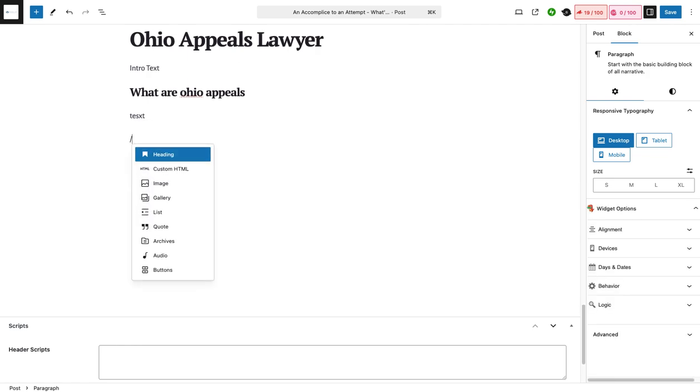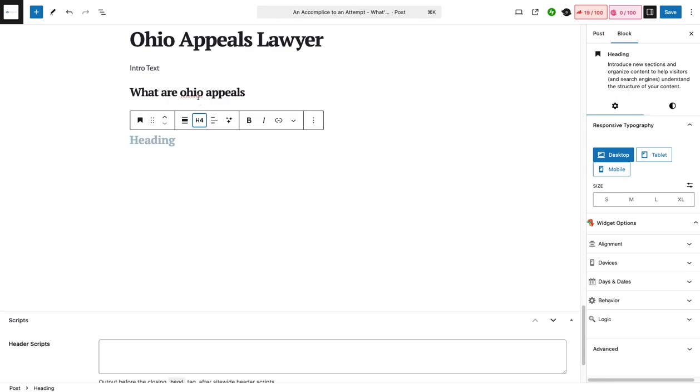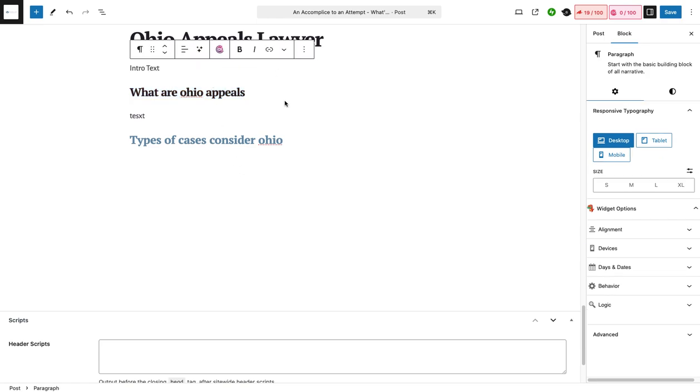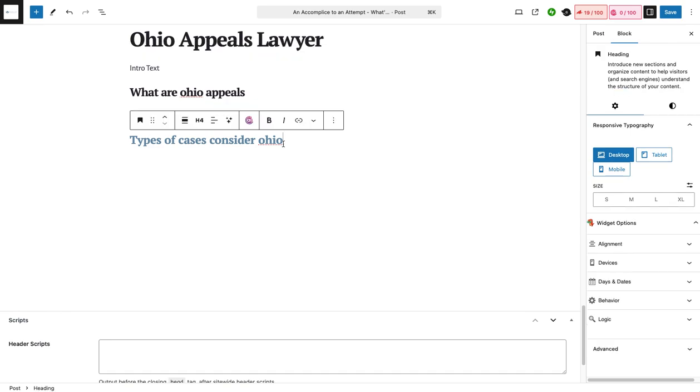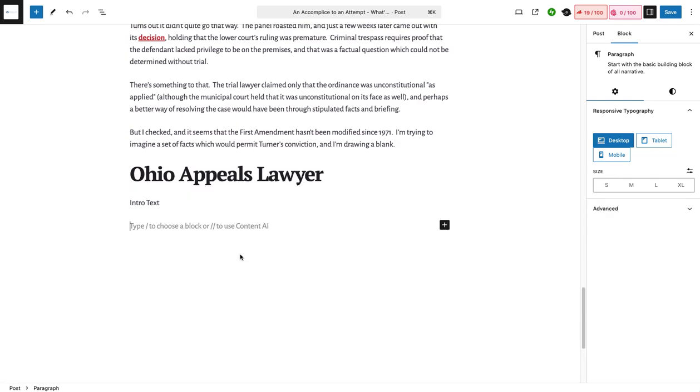And then maybe you have a heading for an H4 followed by the H3, which then would be like types of cases considered for Ohio appeals. And so then that would be a subtopic of the subtopic Ohio appeals. What are Ohio appeals for an Ohio appeals lawyer? So you would want to follow that structure, ideally for best practices when creating any new post or editing a